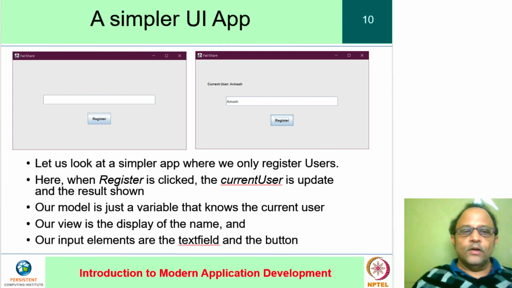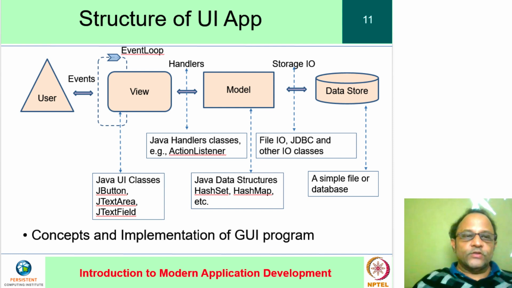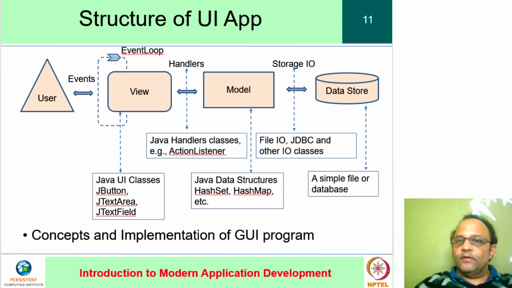Okay, now on to something more complicated, where we will take a look at how these ideas work out in greater detail. So let's take a look at the conceptual structure of what is happening in the case of a model view application. In this slide, we will study how the code is actually organized. At the top there is the triangle representing the user. There is a rounded rectangle which represents the view, and around this view there is a looping construct called the event loop, as we have talked about.